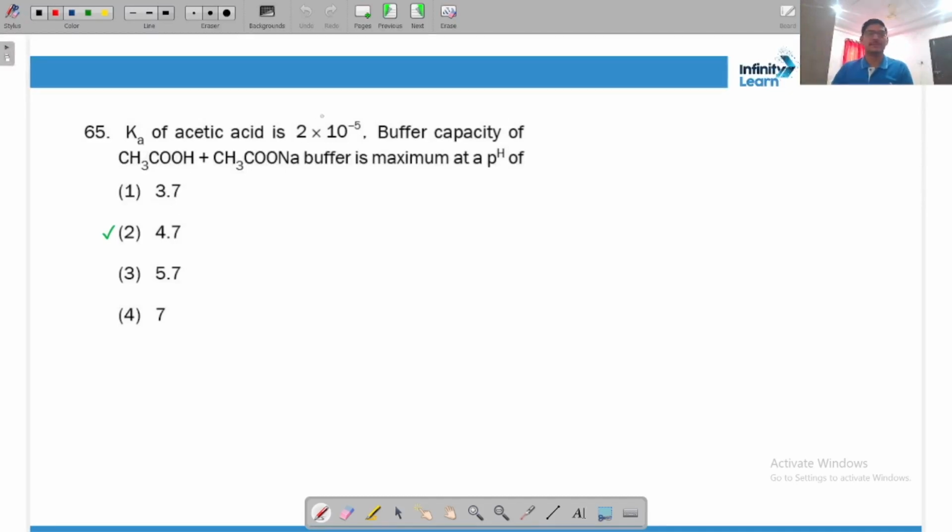K of acetic acid is 2 into 10 to the power minus 5. Buffer capacity of this is maximum. Always remember, guys, buffer capacity of an acid buffer is maximum if pH and pK both are equal. All right. So you can just find out the pK, which will come out to be 4.7, and that will